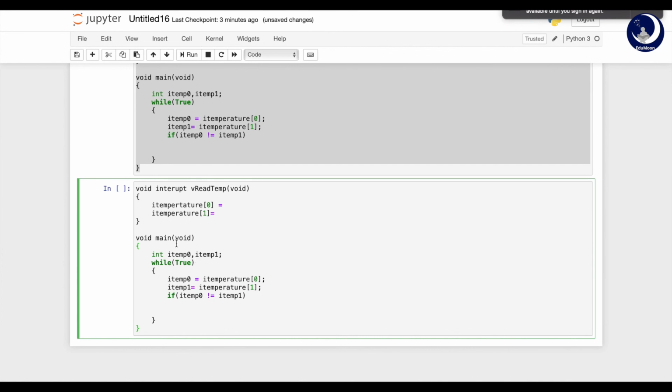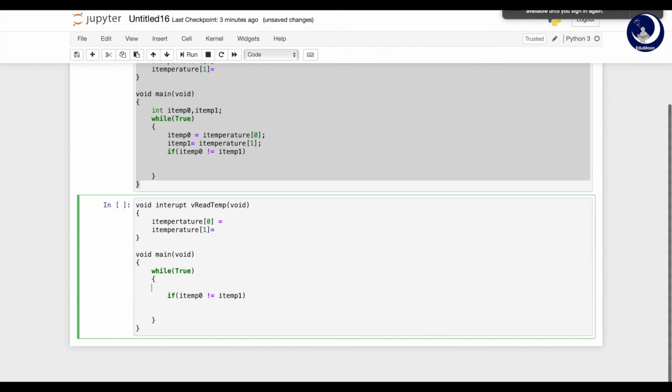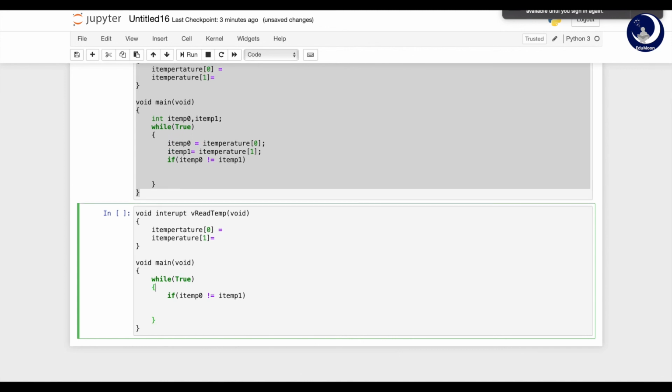I'll just remove this stuff from this, and in this new code, I'll now directly compare the temperature values. I think this would fix my bug.